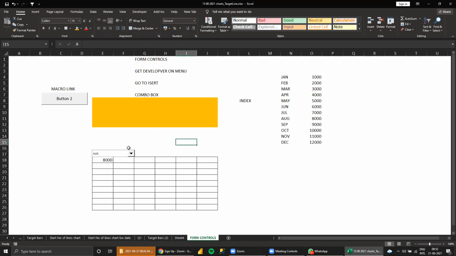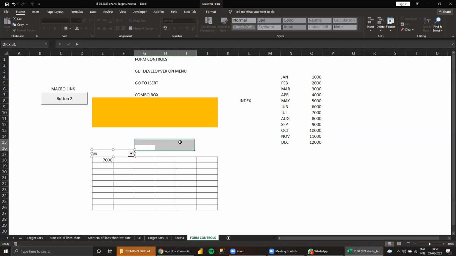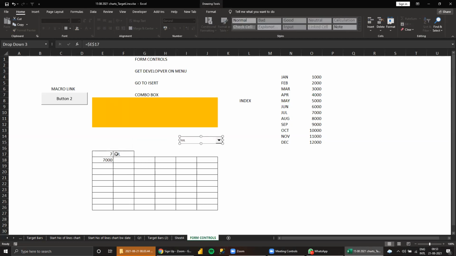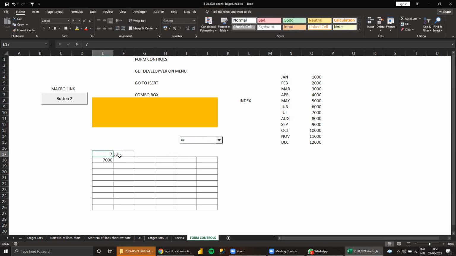Simple combo box is the list box. You can push the list into the combo box. Through combo box you will get the number. So through the number we can get control of the data. See here, 7 means July. How do you get July? From the index formula, like this.